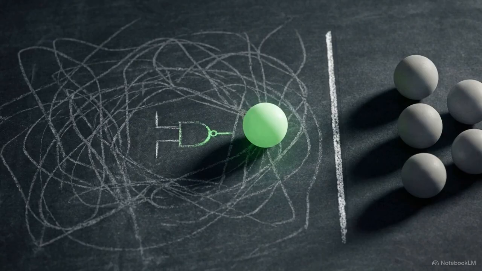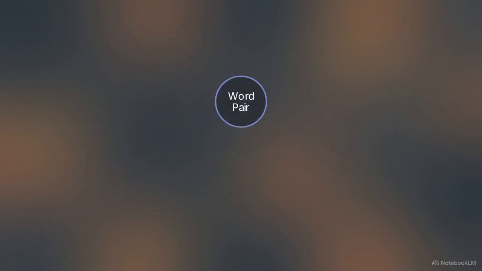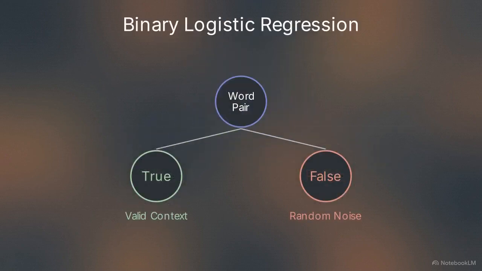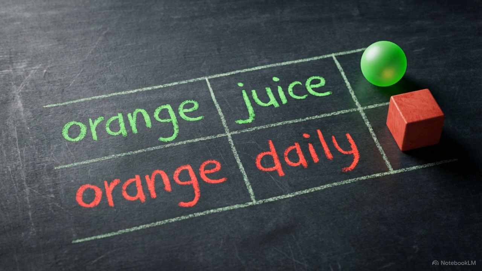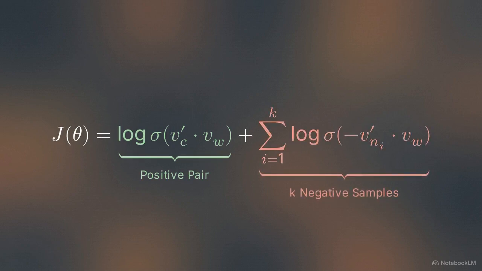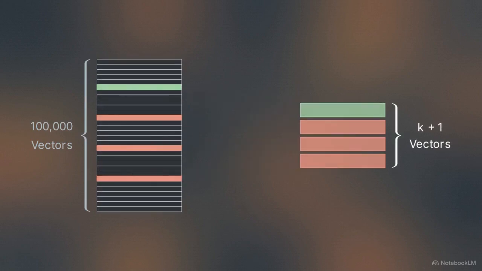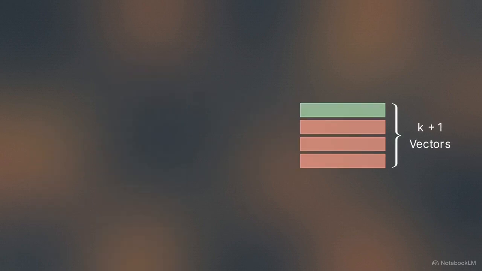That optimization is negative sampling. It completely abandons the multinomial softmax function. This shifts the problem from predicting one specific word out of 100,000 to a binary logistic regression. It asks a much simpler question: is this a true target context pair or random noise? The new objective maximizes the dot product of the true word context pair while minimizing the dot product against k randomly drawn negative samples. Instead of updating 100,000 vectors, the model updates exactly k+1 vectors per step, significantly dropping the